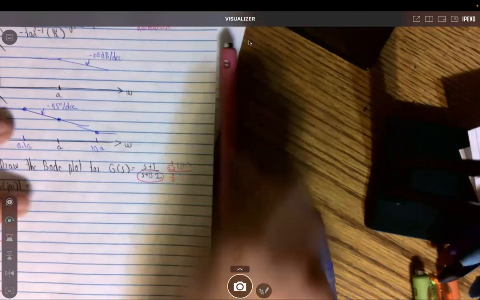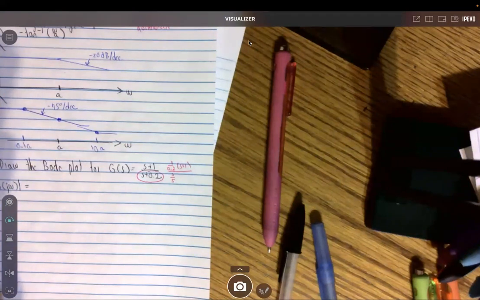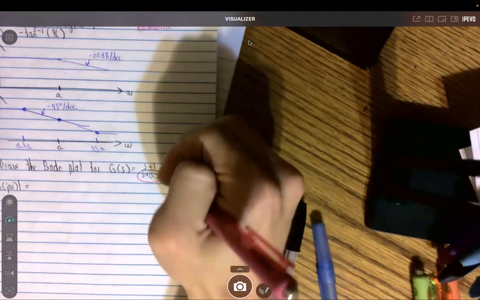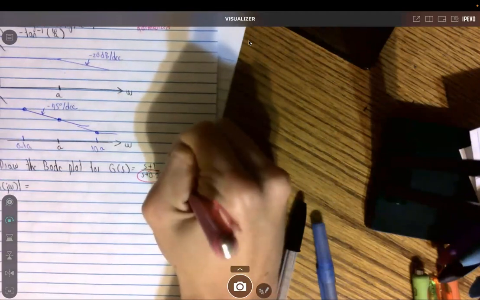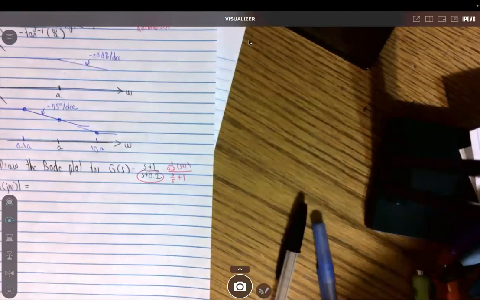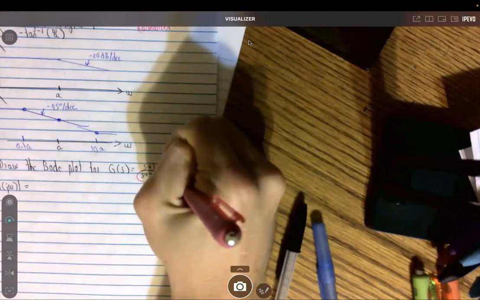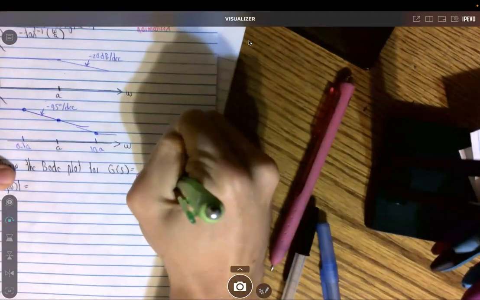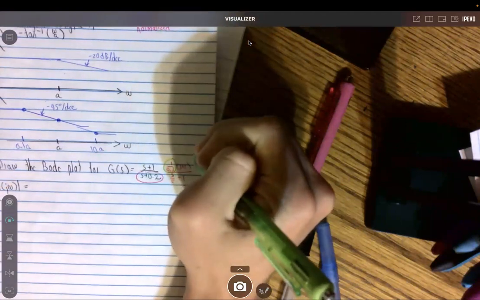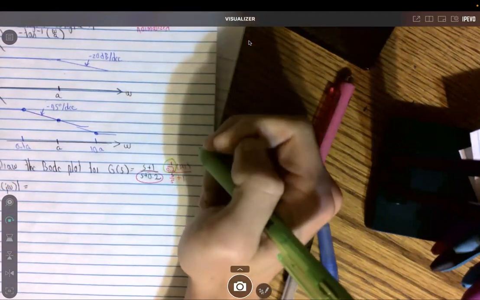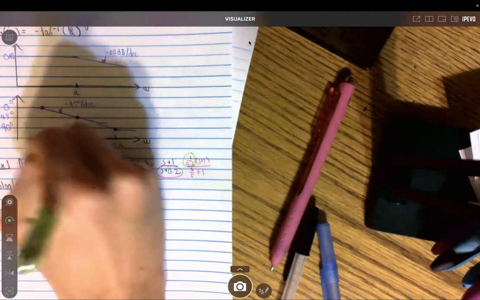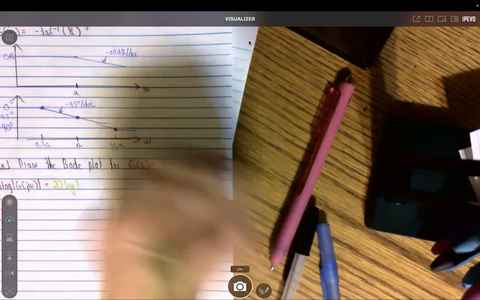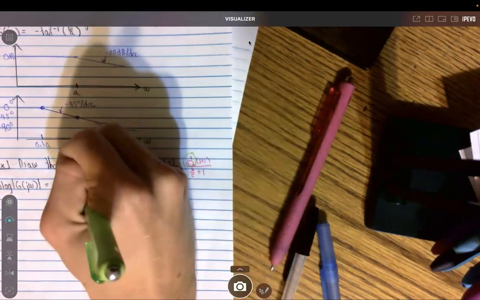And then because 1 divided by 0.2 is going to be 5, what we're going to have here is plus 1. So we normalize the denominator, and now we're going to look at each contribution equally. So we're going to look at the contribution by the 1 over 0.2, which is 5, of course. So we're going to look at 20 log of this part right here, which is 1 over 0.2,